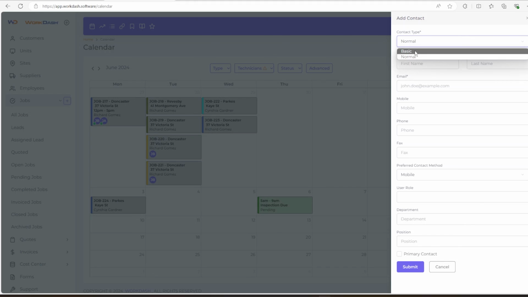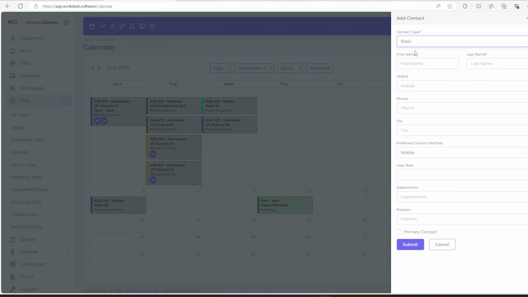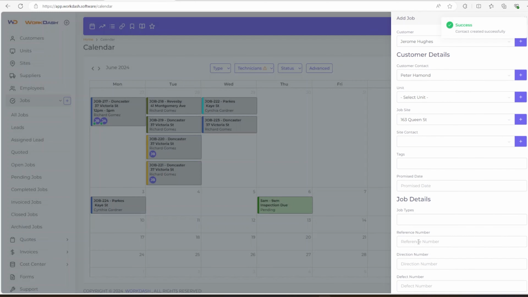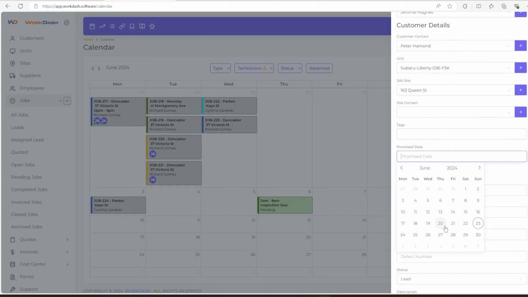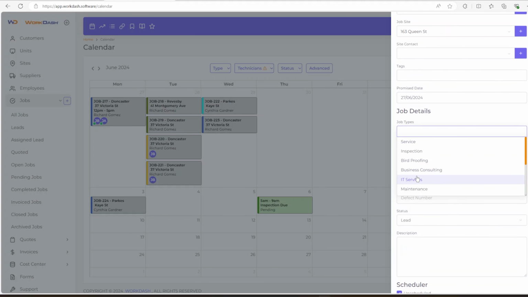Here we're going to use an existing customer, put in a new job contact. We're going to select the new job contact as a basic contact, which means that no email address is required. Then fill out the details and submit that, which adds it to the job. We then select the unit, which is the customer vehicle or asset that will be linked to this job. We then put in the promised date, and we then select the type of service that will be completed for